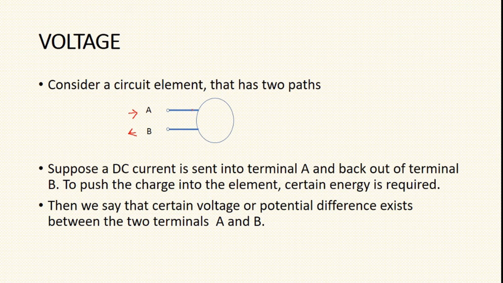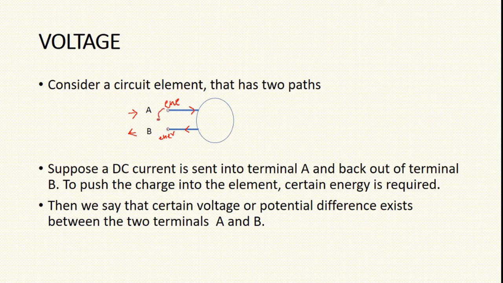Now if I want to make this current flow into the circuit element, I must have some energy. Only if I have some energy can I push the electrons into the element. What is current? Current is nothing but flow of electrons. So if I must push the electrons into this element, I must possess some energy. So point A must possess some energy. Similarly at point B, there must definitely be some energy if I want to bring back those electrons, or that current, out of terminal B. So at this point also some energy exists.